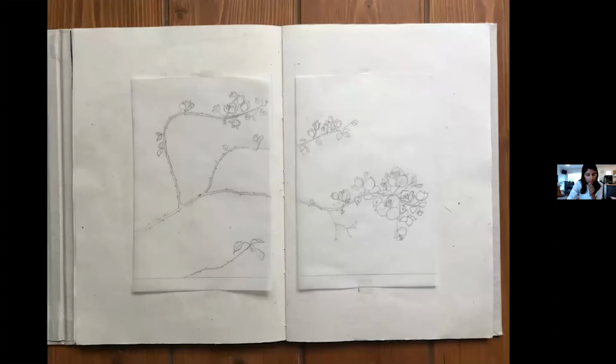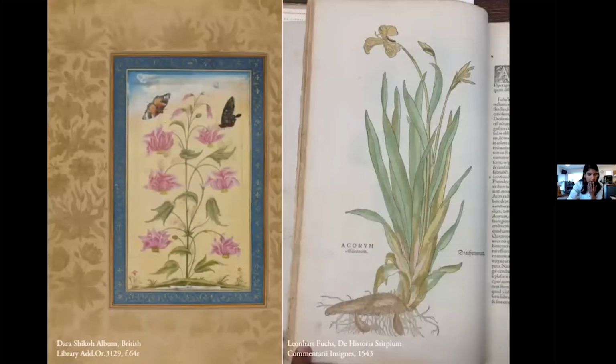So that brings me to what I'm currently working on, which is a book of floral portraiture in the Mughal miniature tradition. So the Mughal period, you can kind of say it's like the medieval period. So it's the period before the British came. And how this floral portraiture and that aesthetic was really impacted by colonial interests and the commercialization of plants. So I'm kind of going back to this awe that I had with these botanicals and looking at them a little more critically